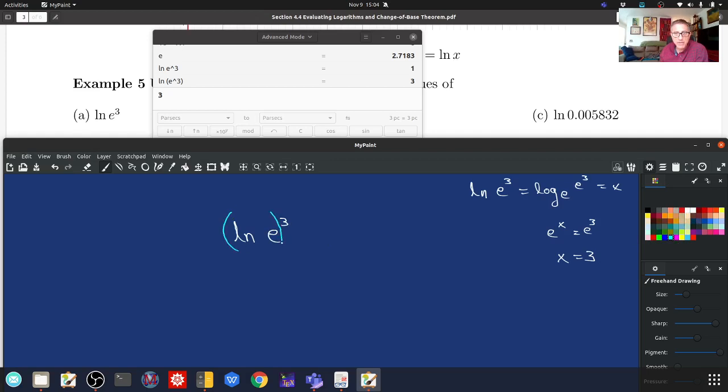Calculate the function value of ln of e first, and then raise it to the third. Well, that's equal to 1 raised to the third, which is equal to 1. And that's the first answer we got. But in the second one, when I said calculate the natural log of e to the third,